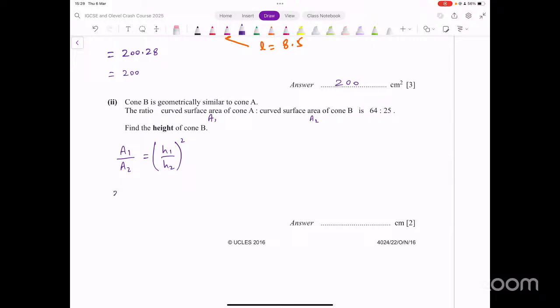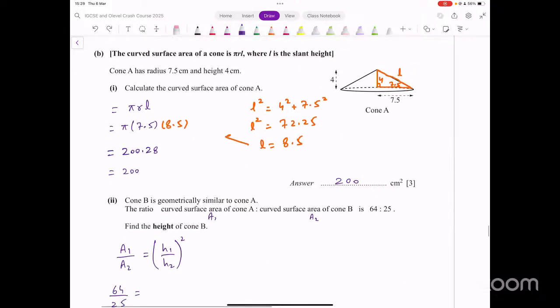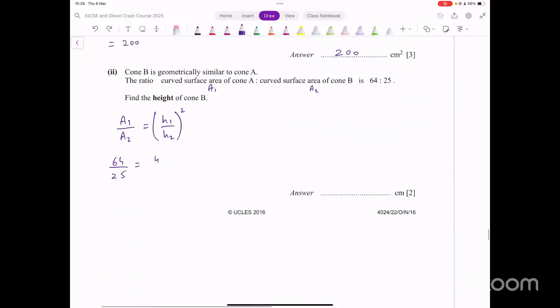that's 64 to 25. So on the left side, you have 64 over 25. On the right side now, H1 is the height of cone A. Okay, what's the height of cone A? That's 4. Let's use that as the numerator here. Height of cone B is what we're looking for. We can have H2 here in the denominator. We just need to solve this, and that should give us the value of